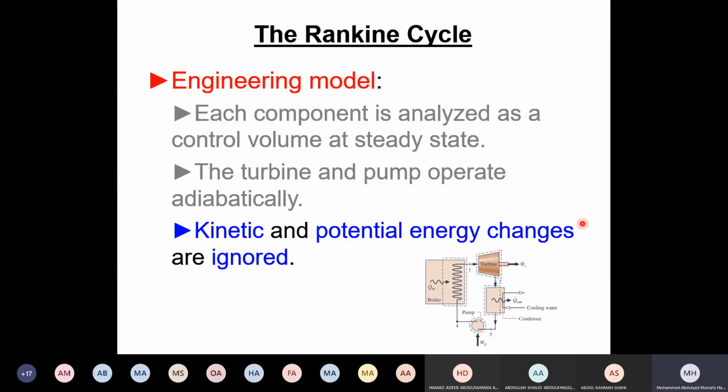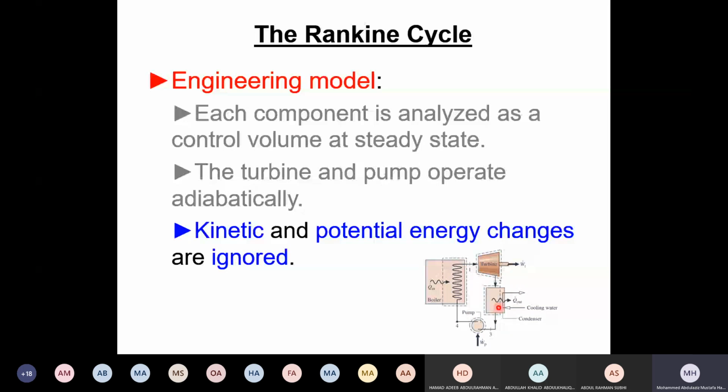So this is the engineering model here. These are the 4 elements. And of course, we neglect here the kinetic energy. Kinetic energy is neglected in all of them. And potential energy is also neglected because these are small in the case of